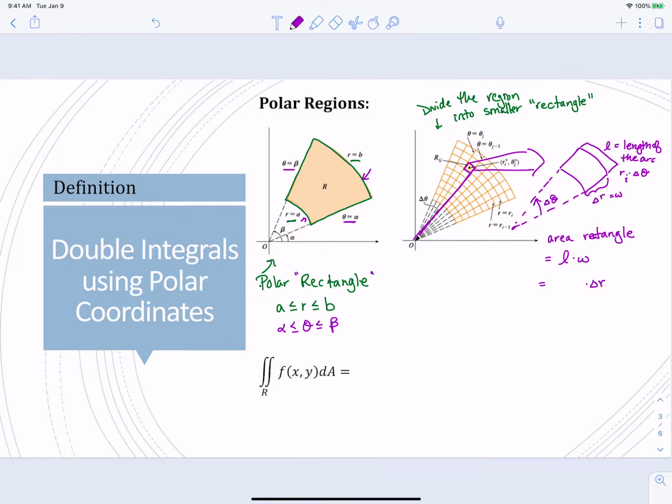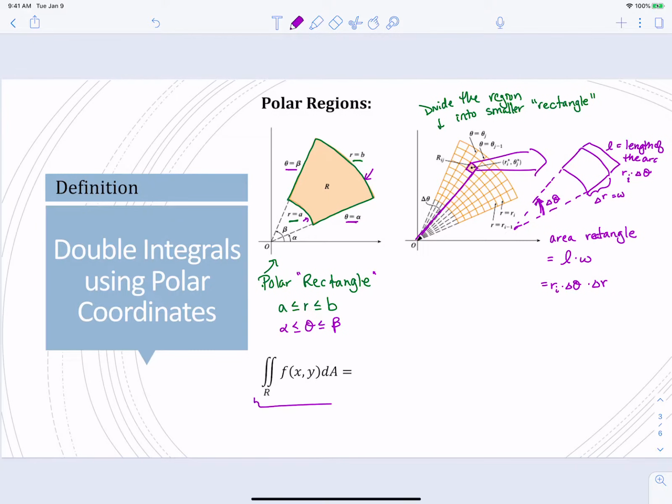And then times what our angle is, which in this case is delta theta. So we're going to have our little r sub i times delta theta, and we're going to take all of those little areas and add them up, so we're going to have summations. And so what this is going to do to our integral in rectangular coordinates